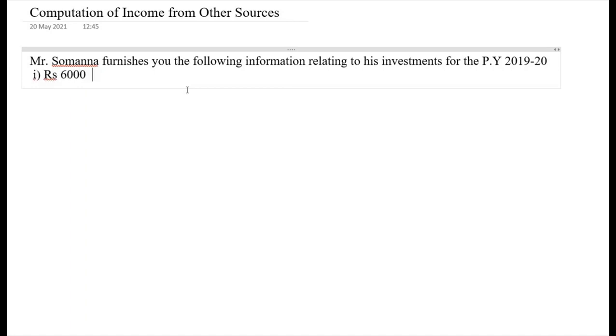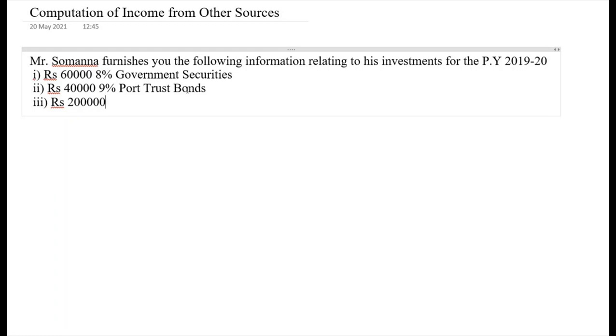Rupees 60,000, 8% government securities, then rupees 40,000, 9% port trust bonds, then rupees 2 lakhs, 10% debentures of Cement Syndicate Limited,